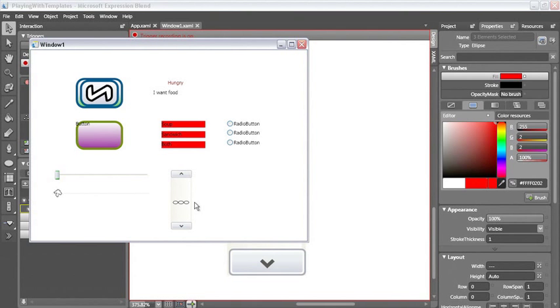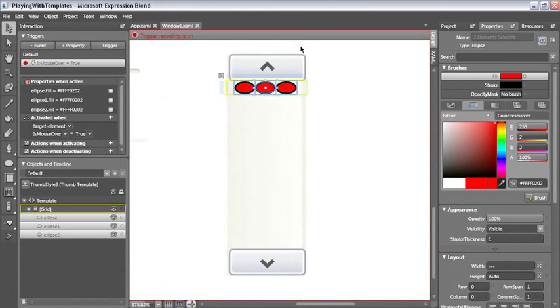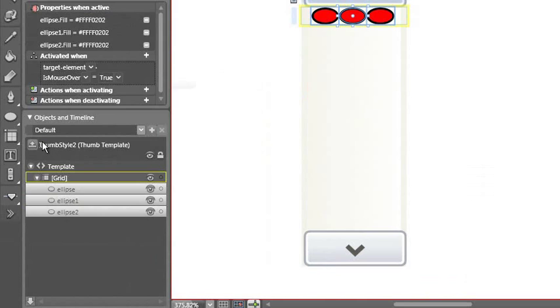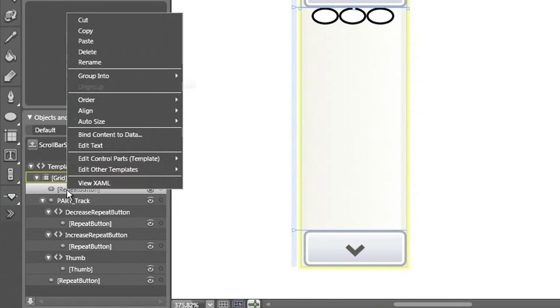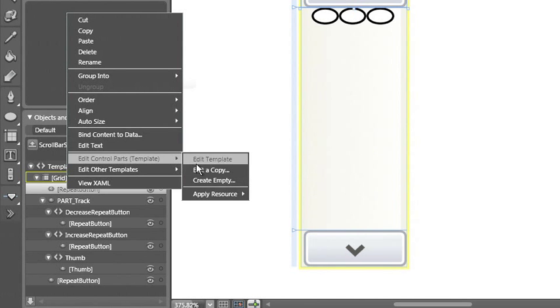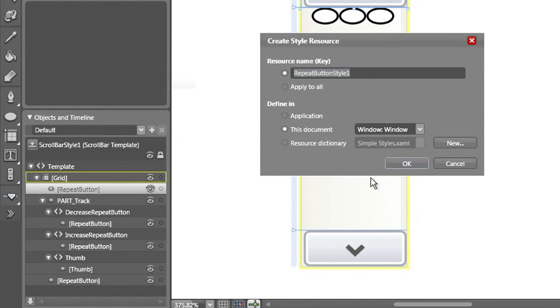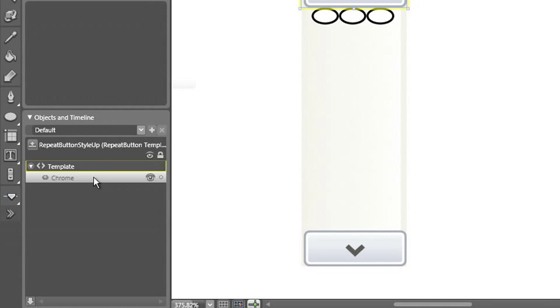This is just another example of how you can combine the geometry editing, restyling the thumb, and working with the property triggers. The repeat buttons above and below the scroll bar work pretty much the same way. They are controls in and of themselves, so I'm going to right-click the repeat button, edit a copy of its template, repeat button style 1. Well, this is my up style, so I'm going to instead name it up,